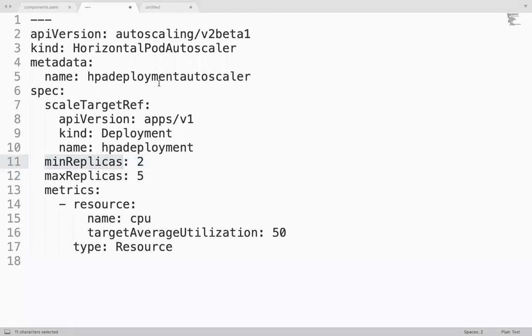It will recreate. Yes, for whatever deployments or applications you want, you need to create a HPA for each and every application, each and every deployment, or each and every replica set you are creating, right? So for this deployment, this is the metric server. If you have another deployment, for that deployment also you need to create a HPA.